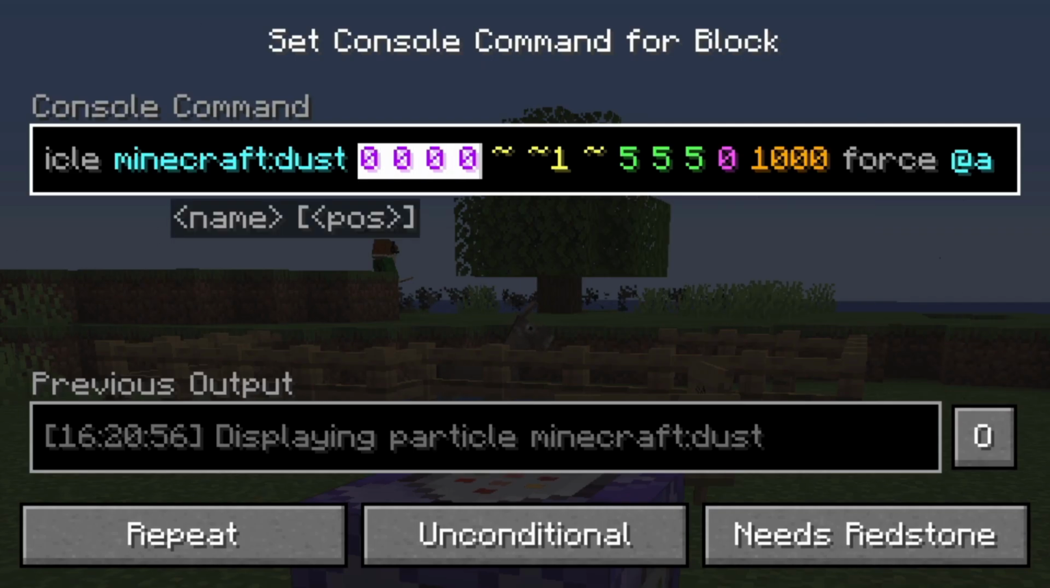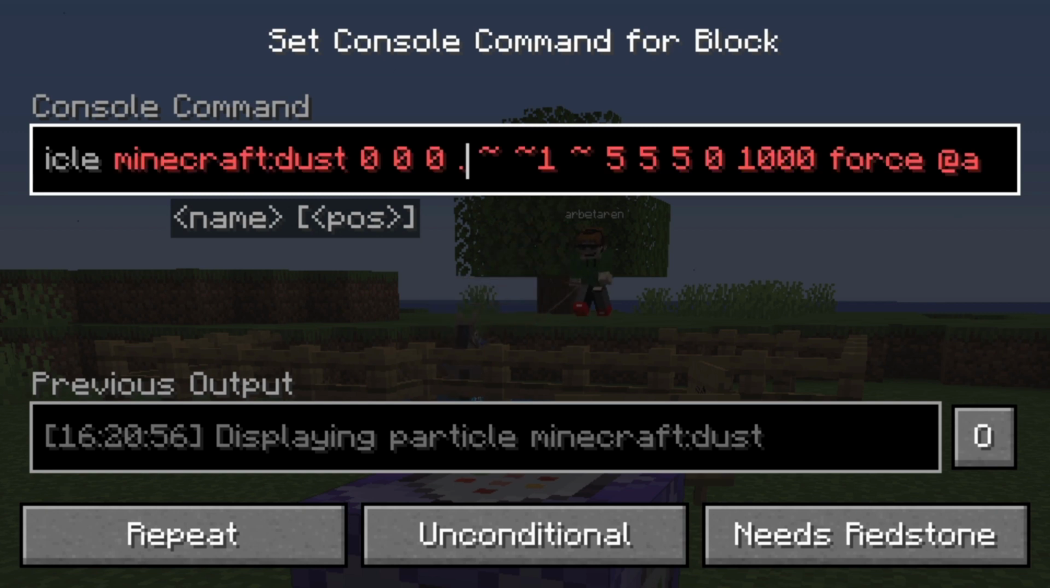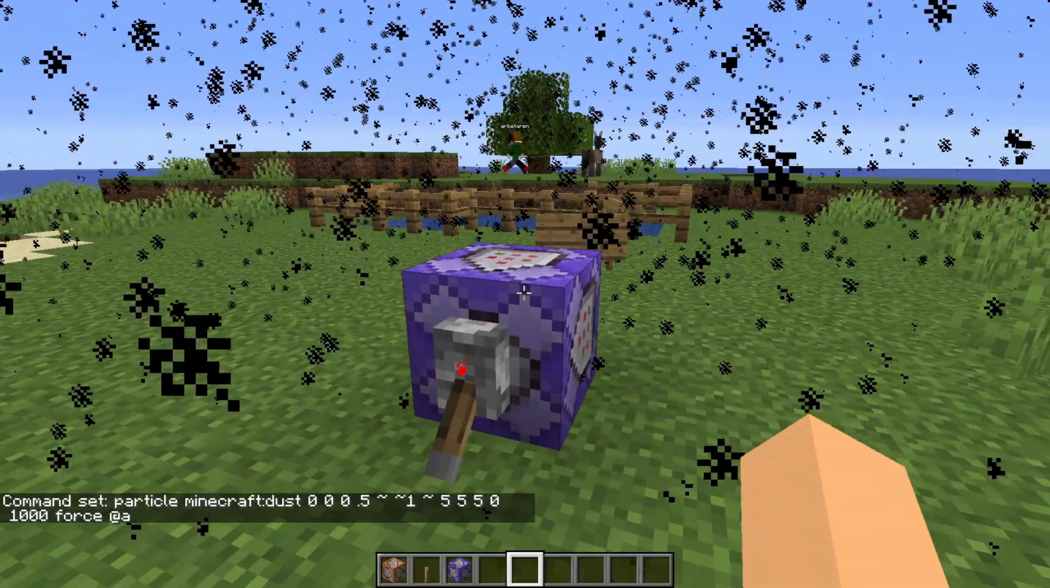These 4 zeros have their own settings. This is R, this is G, and this is B, or just RGB. You'll use the first 3 numbers to change the color of your dust. The 4th 0, you'll be able to change the size of your particles. So if we change this to 0.5, then hit done on the command block,